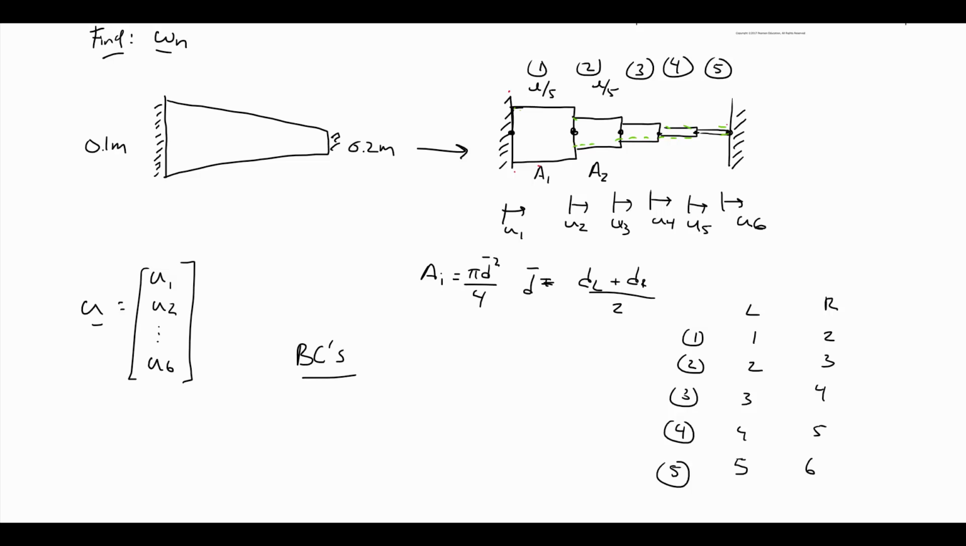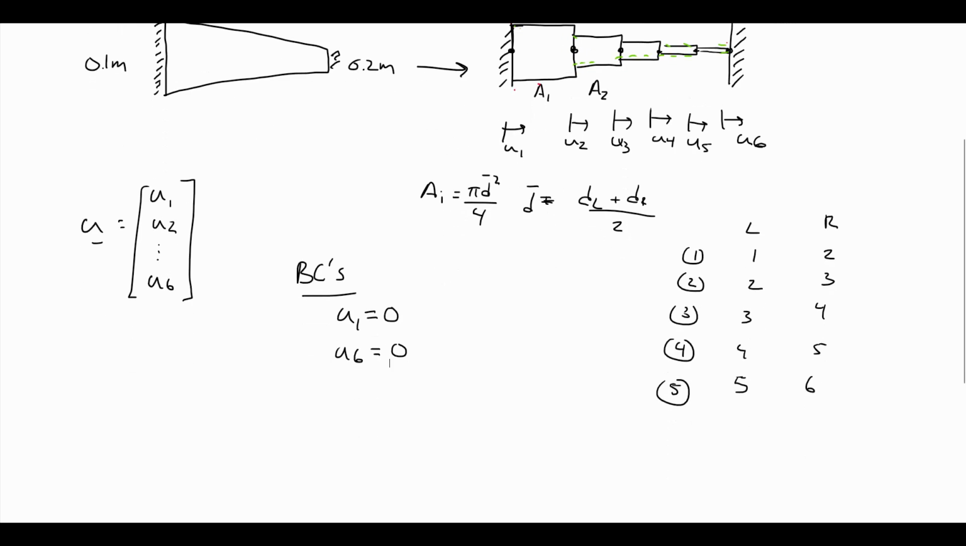We have that U1, as defined here, is 0. At the wall, that node cannot move left or right. And also, U6 is 0. That last node is also attached to the wall in this fixed problem. So we have two boundary conditions on displacement that we have to enforce, which means since it's the first and the sixth node, then in the M and the K